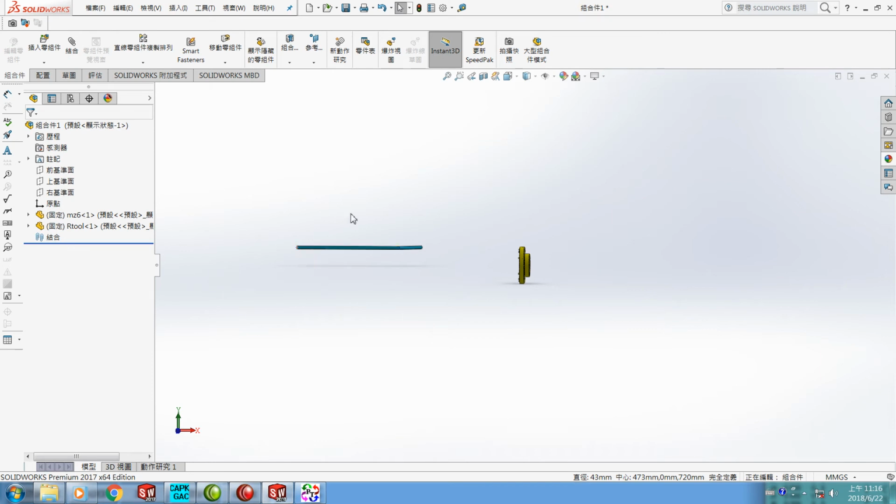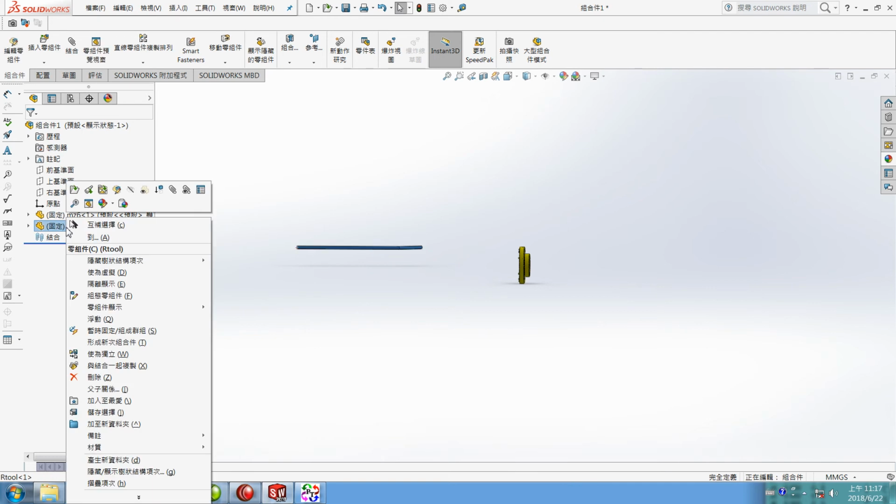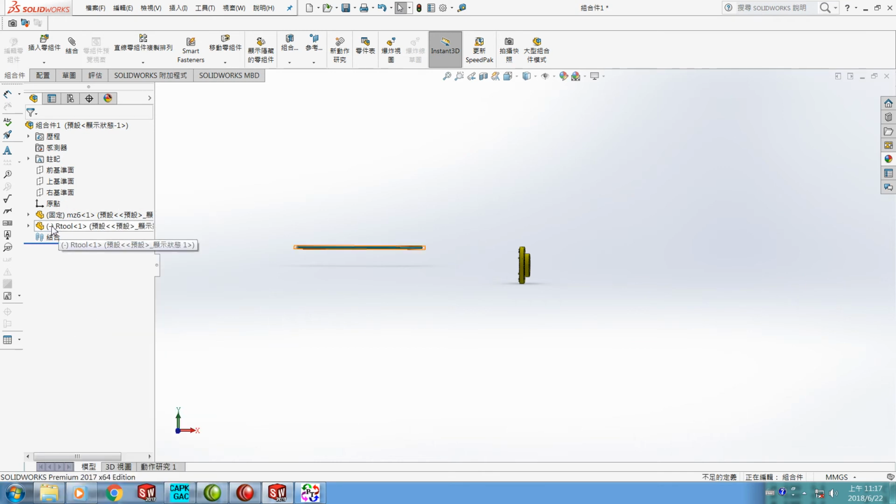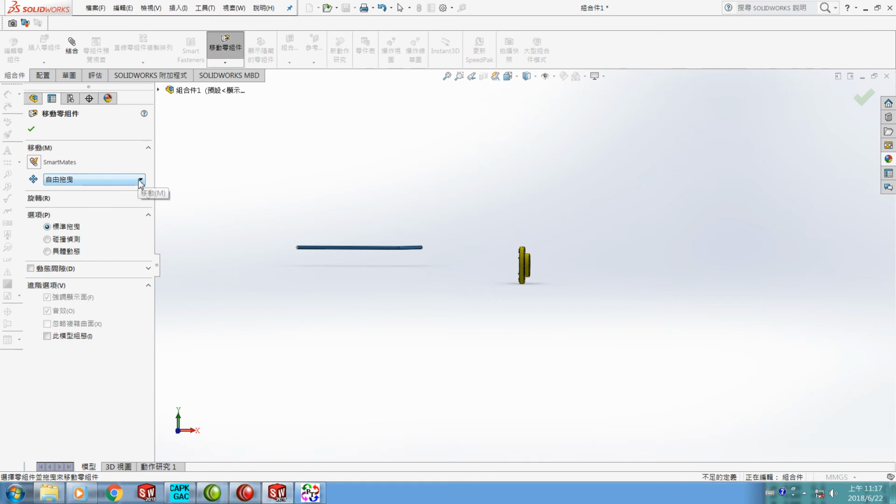Okay, then we have to move the component to the original TCP point. How to do it? First of all, we have to remove the fixed mark. How to do it? Press the left button of the mouse and choose floating, and the fixed mark is removed. And then how to move the component? We have to choose the component first and choose the move component function and select from data XYZ